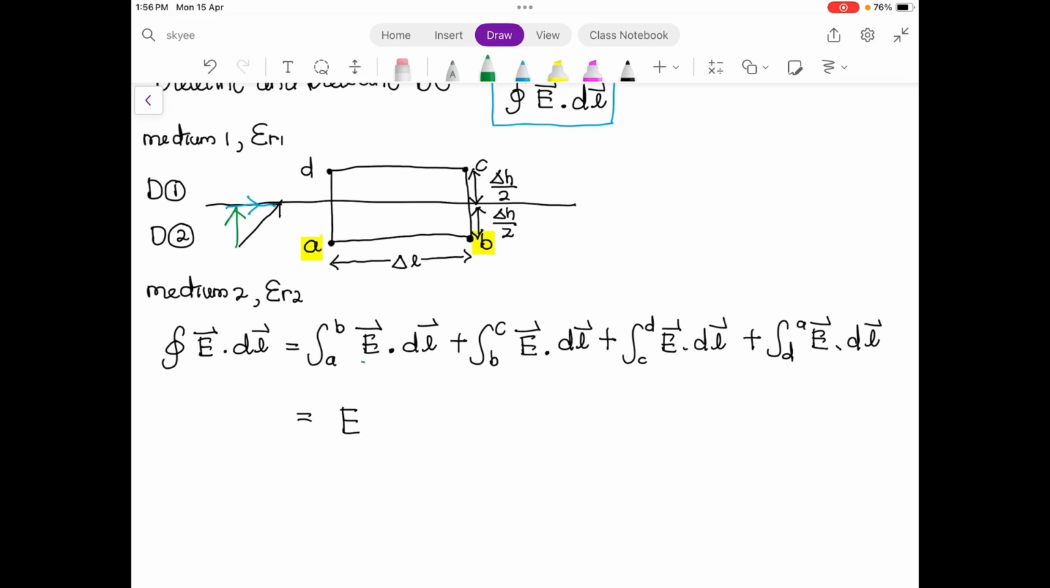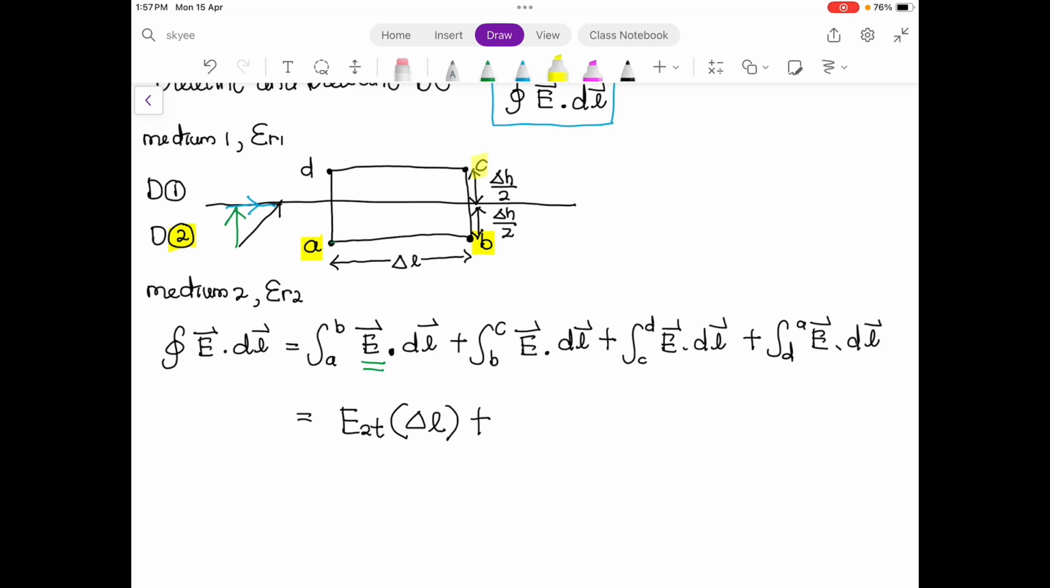If you look at this line AB, it will be equal to the electric field in medium 2, and this electric field is the tangential electric field. Dot product must be in the same directions, then only you will have a value. So this one will be the tangential electric field component multiplied with the length AB, which is delta L, plus